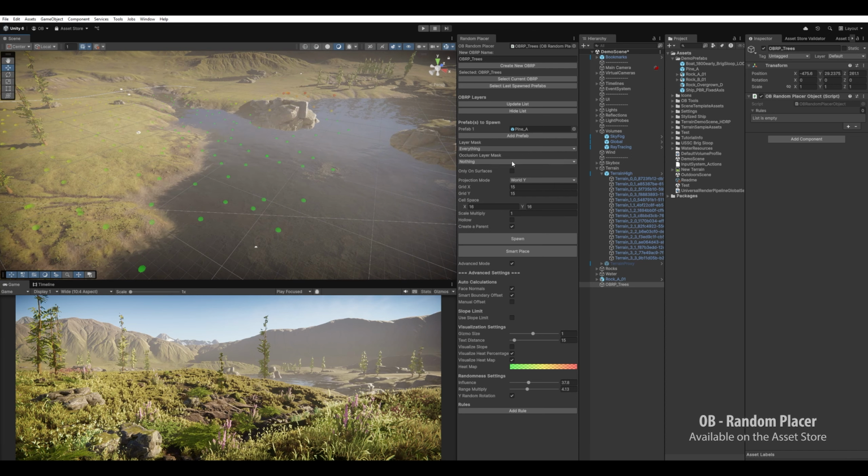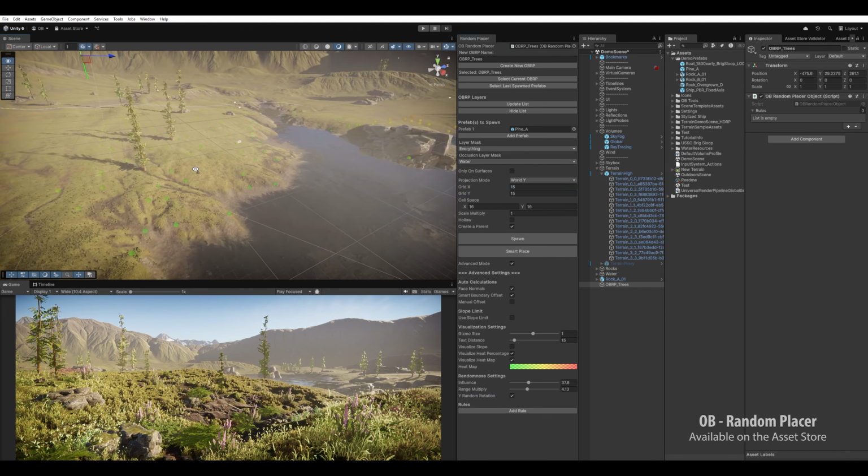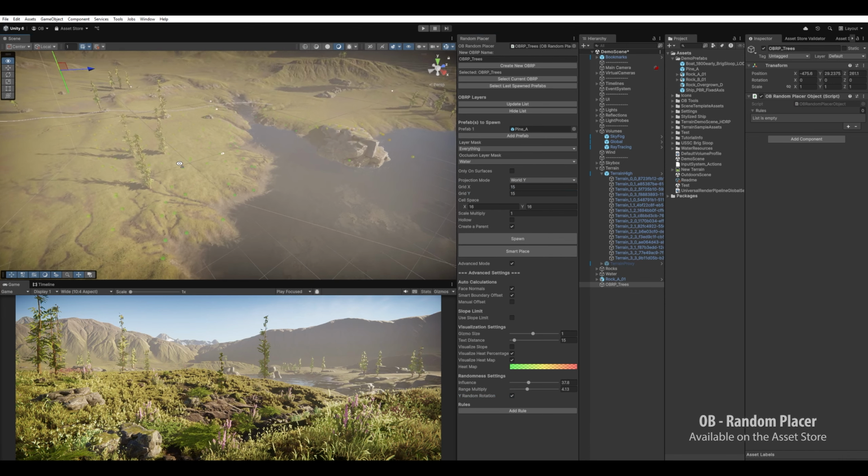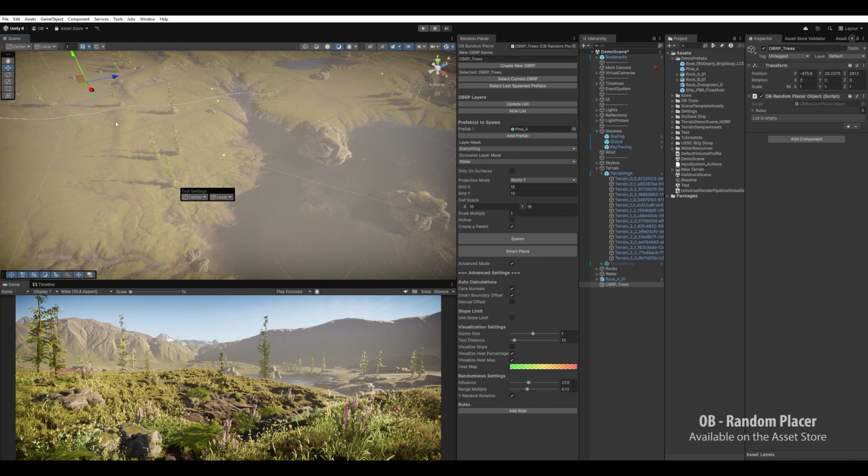And then we go to the new feature, occlusion layer mask, and I'm going to select water. And we have to make sure that even in the layer mask, water is selected as well, so we can detect it, and then we occlude it. So now if I move around, it will try to avoid water as much as possible. So now it's even placing on the rocks. If I hit spawn,